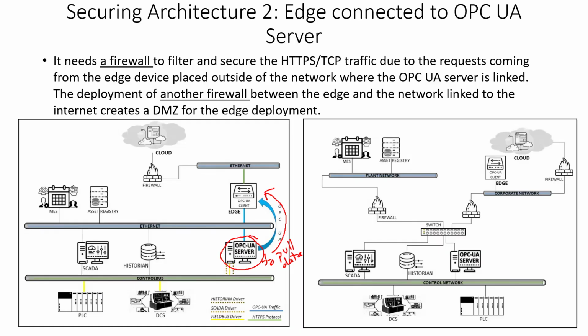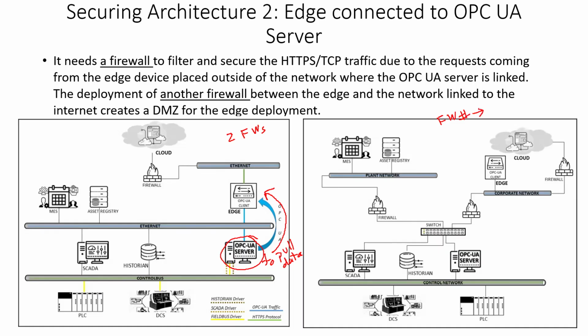Okay, so the edge is outside the network now, and we need to secure this communication path. So how can we do it? By using firewalls. Two firewalls can help us. The first firewall is going to filter and secure all the HTTPS. So the firewall number one,